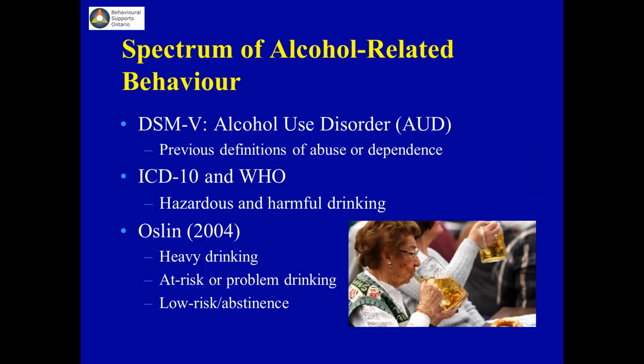Most of the screening tools that have been developed to look at alcohol-related problems have really been focused on alcohol use disorders. So they really map onto the clinical psychiatric criteria. But unfortunately, we know that lots of older adults still experience problems without meeting that criteria. And so more screening tools nowadays are looking in that gray area. So we're looking more at at-risk or problem drinking or hazardous drinking.